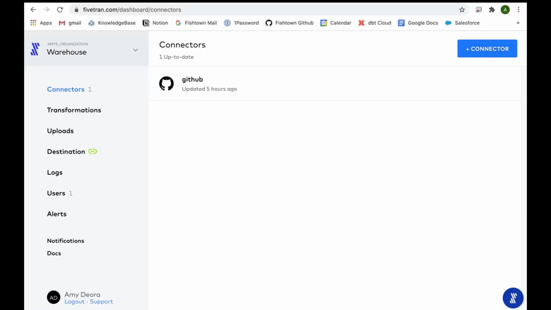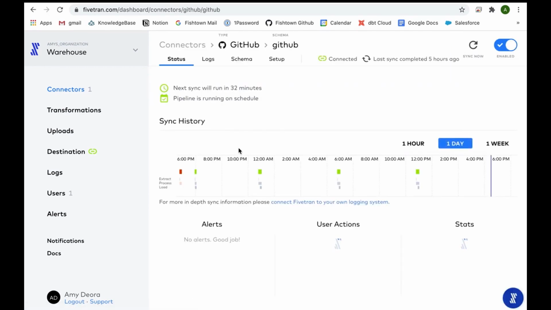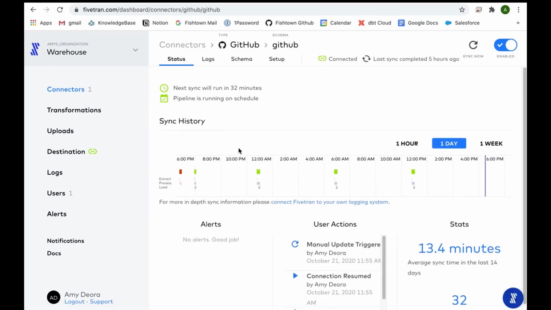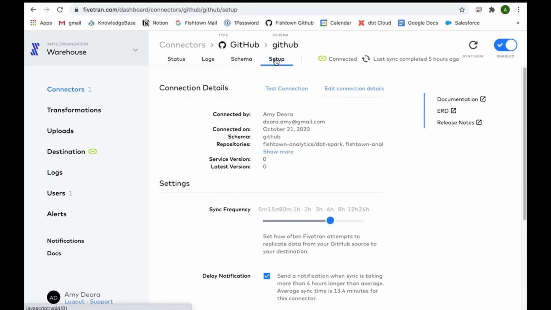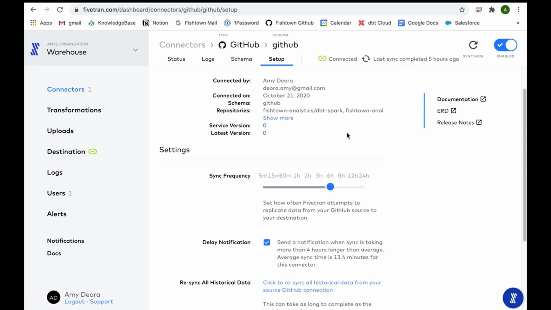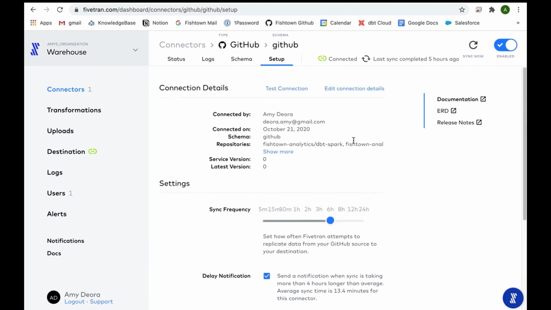So my first step is going to be to get my GitHub data into Delta Lake. To do that, I need to set up a GitHub connector in Fivetran. I can do this through a really easy visual interface in Fivetran. And I have to say I'd actually never done this step before this demo, and I found it really easy to do. Basically I go through and I can select whatever schemas I want to replicate and the tables that I need. Then I can set this up to replicate at whatever sync frequency I'd like. So it's set up to run every 6 hours.